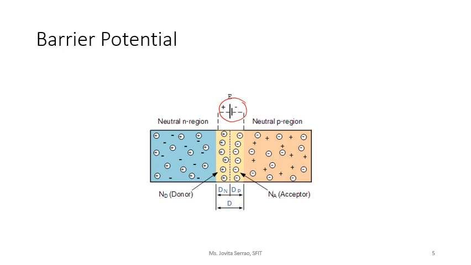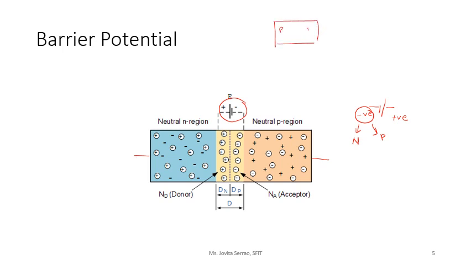So now if I have to overcome this, I will have to add a battery over here. Now obviously, we already know every battery looks something like this. I have a negative side and a positive side. So there will be two methods of adding this battery. I can add the negative to the N side or the negative to the P side. So suppose I add my battery like this.